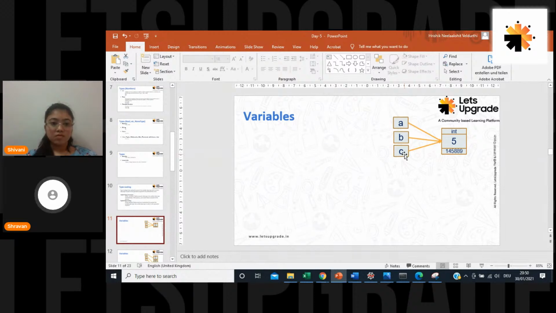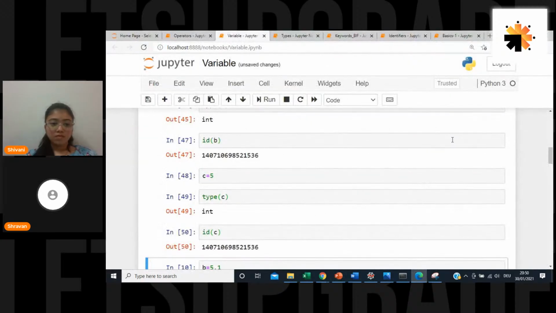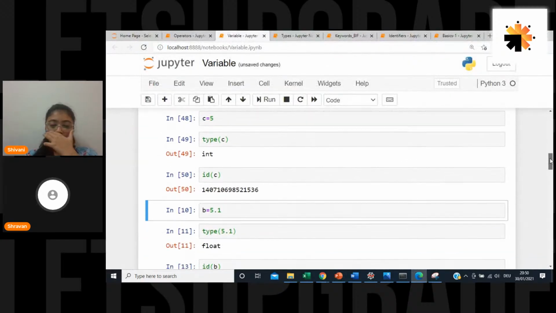That is how Python works. You people can see here, it has three different names but the same ID. Is it clear for you people? This is very important.